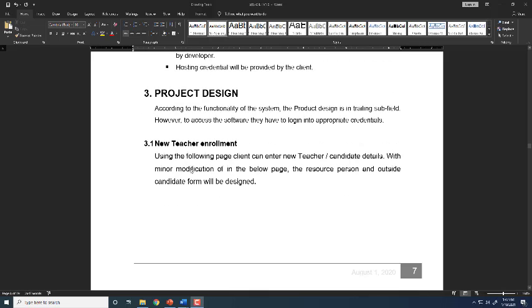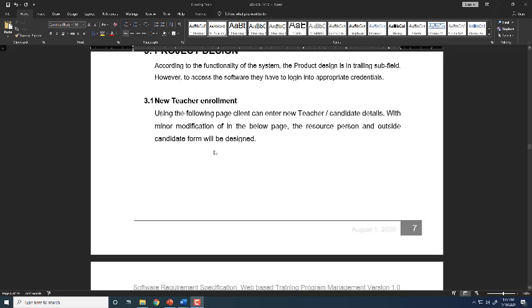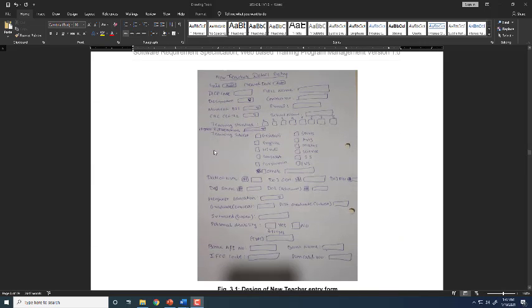Project design is the third phase. The first use case is new teacher enrollment, and in this we have mentioned the handwritten GUI over here. That is also permitted, because initially you may have revisions of your design, so you may opt for paperwork. Then if it is required by the company or your customer, you can convert it into either an Excel sheet or Paint.